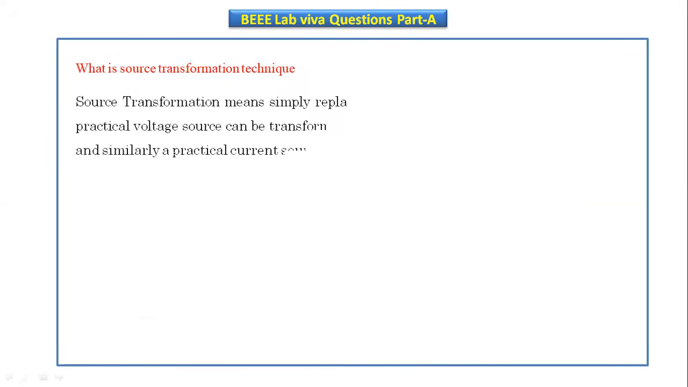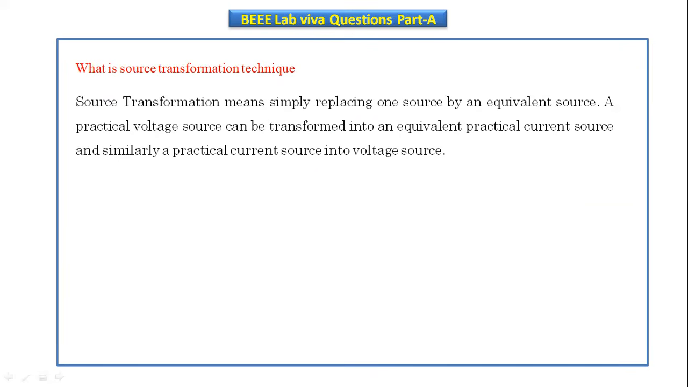Next, what is the source transformation technique? Source transformation means simply replacing one source by an equivalent source. That is, a practical voltage source can be transformed into an equivalent practical current source, and similarly a practical current source into a practical voltage source. Here, suppose we have